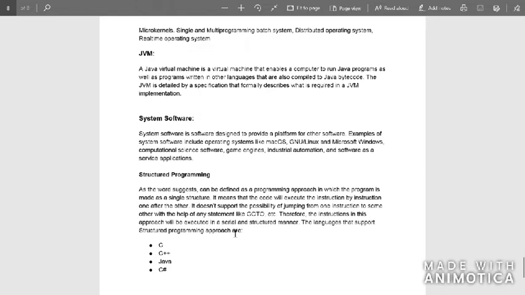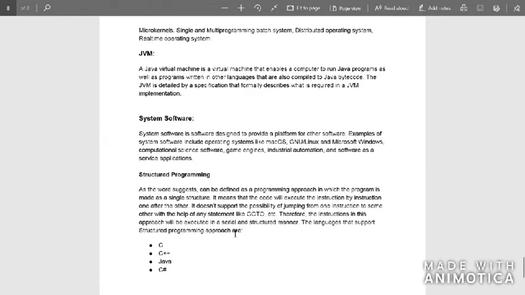Here there are some other examples also. So it allows you to install other software or applications, and using that software or applications you can perform other actions perfectly or as you wish.